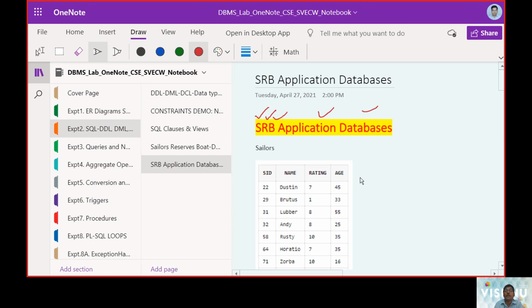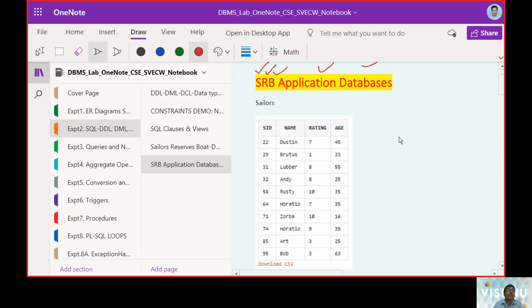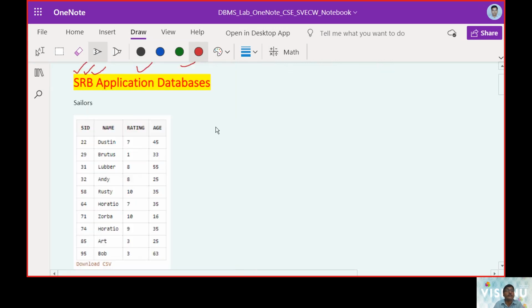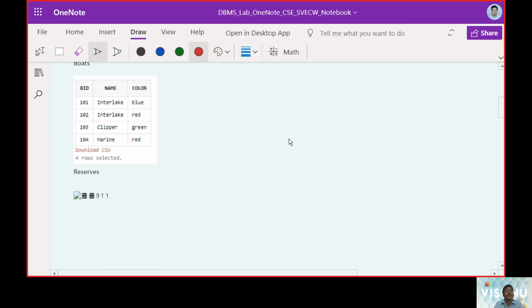The basic thing is that we need to construct the databases. We need around 10 rows with the sailor IDs 22, 29, 31, 32, 58, 64, 71, 74, 85, 90. Then we need to create a boats table with boat ID, name, and color.